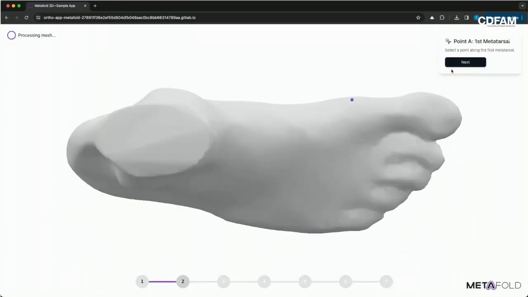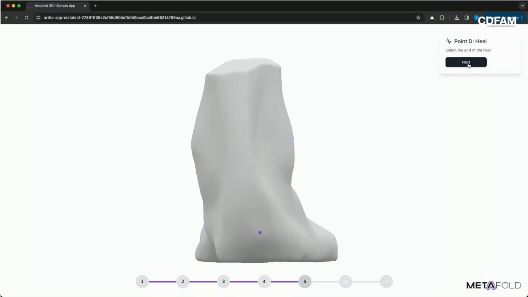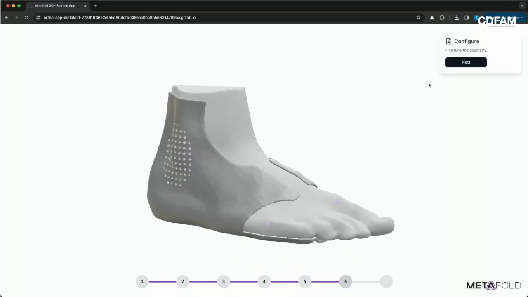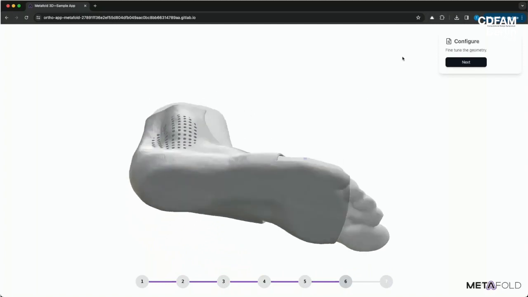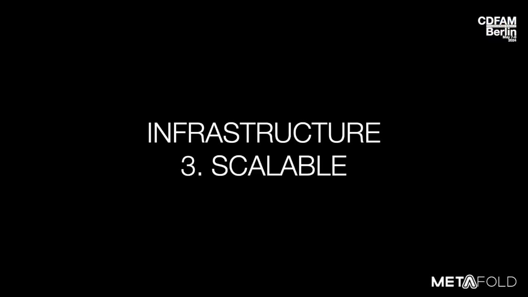So the way to think about this is that Metafold is just one of a collection of web APIs that make it easy and modular to build products, to build applications that support your workflows, and to commercialize your 3D printed innovations. We also work with contract manufacturers who want to connect this directly into their internal job management systems. And this leads naturally into the final principle of geometric infrastructure that I want to talk about, which is scale. And again, this is really the kind of goal here, is to scale the additive industry. So AM is growing. The need for software to support manufacturing is growing, which we've seen so much here, which has been wonderful.